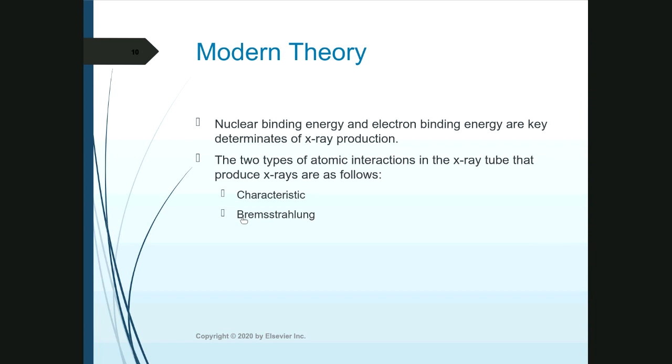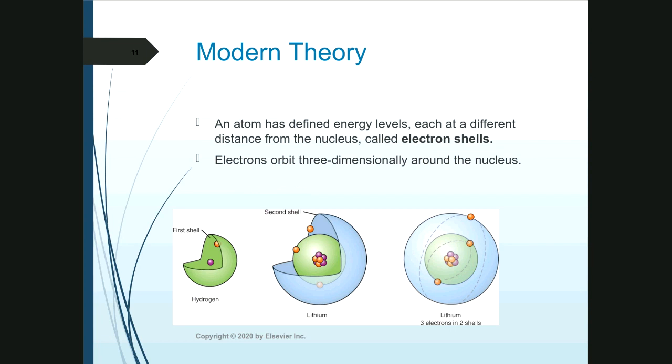visualize. When we look at the atom, it has defined energy levels, and each of those energy levels are at a different distance from the nucleus, and this is called our electron shells. Okay, this makes the rings around the nucleus. This is where the electrons sit, on the electron shells. So they each have defined and different energy levels. And remember that electrons actually orbit three-dimensionally around the nucleus. So if I was trying to draw this,